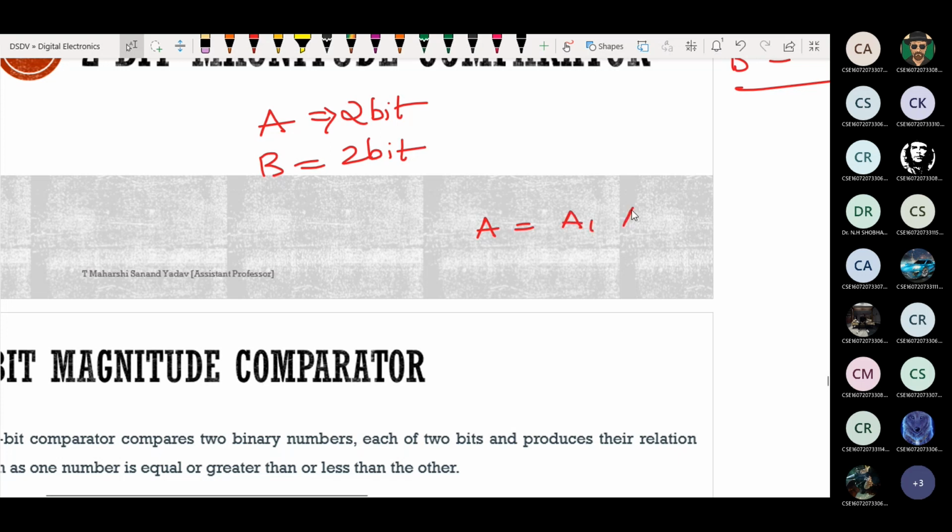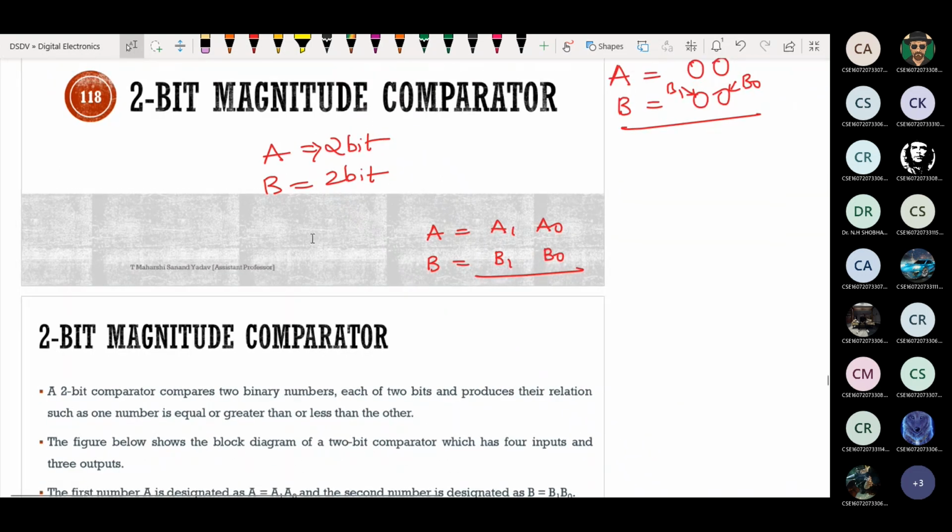A is nothing but A1 A0. B is equal to B1 B0. It is something like this. Should I explain this one now or else in the next class? Next class, sir.